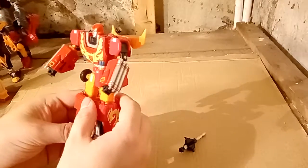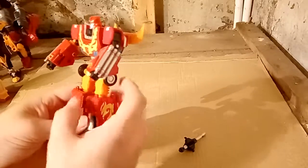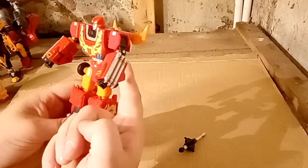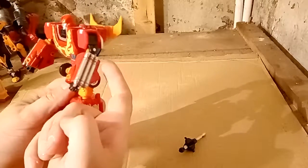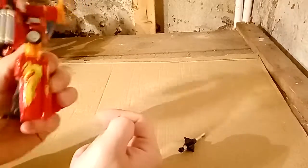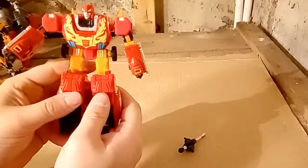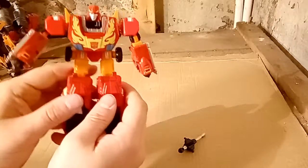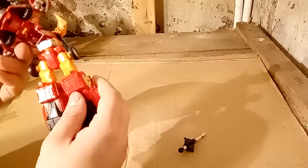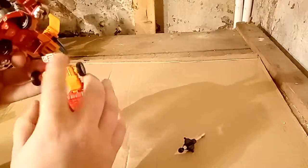But the absolute worst part of this entire figure, the worst part by far, is if you just knock this chest piece in the slightest. Hang on, don't fight with me now. Hello, I'm very short all of a sudden. How did that happen? Yeah, this chest piece, which is die cast and therefore heavy, sits on that, but